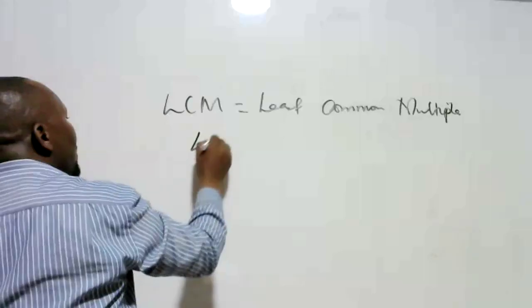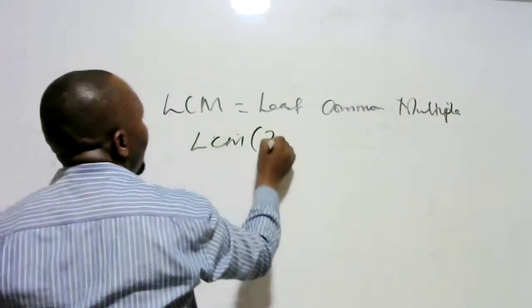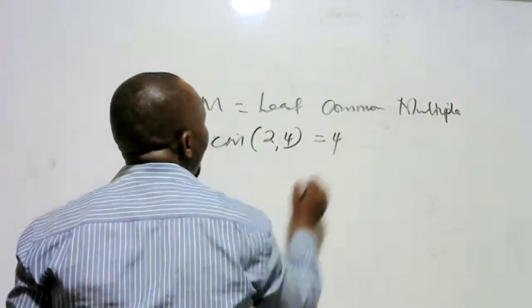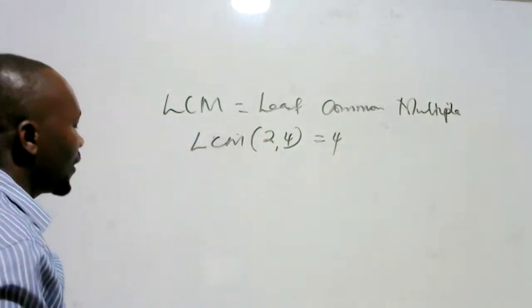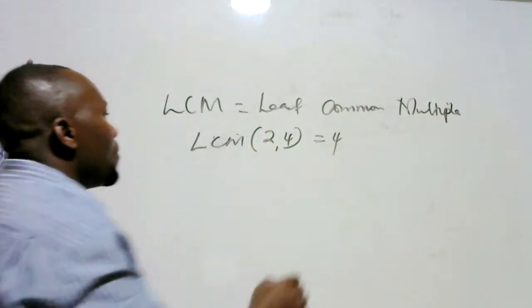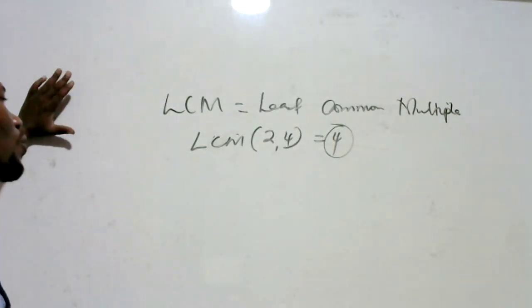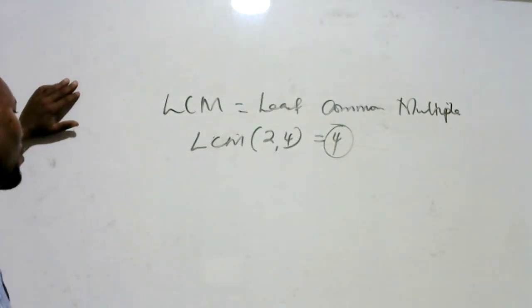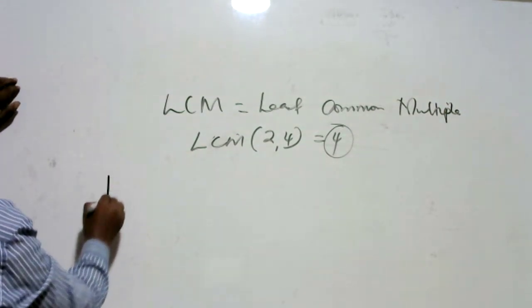So the LCM between 2 and 4 is 4. That is the minimum number that both 4 goes into and 2 goes into. So that means that the maximum period that you shall consider, to replicate all of them, is 4 years. So if you have them the way they were, you are having year 1,